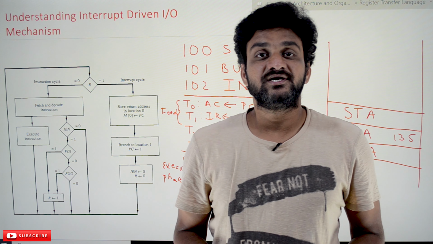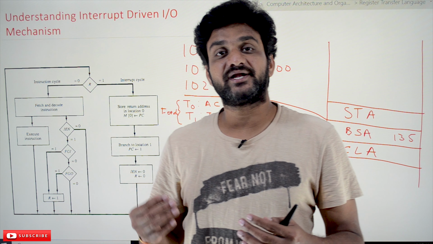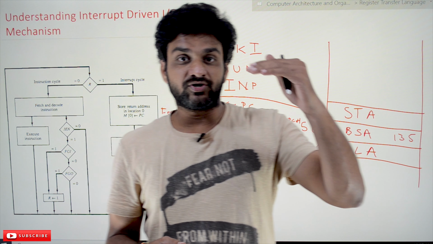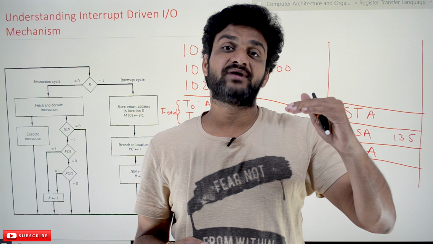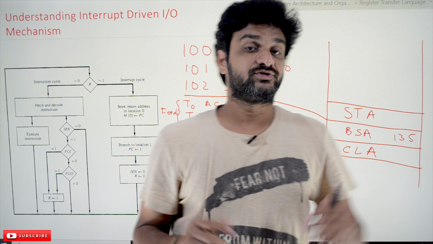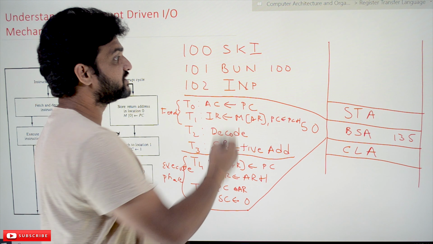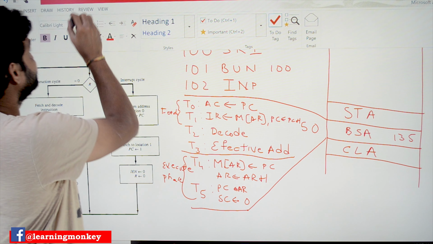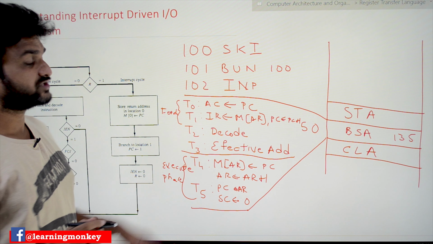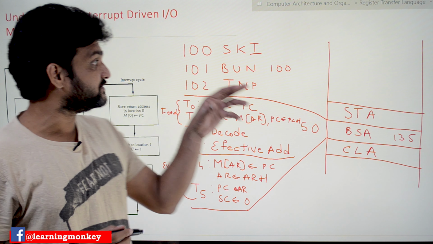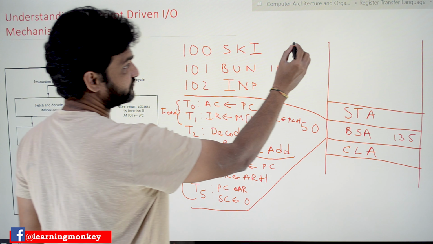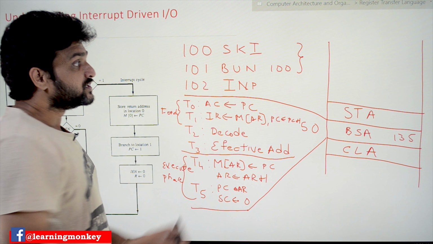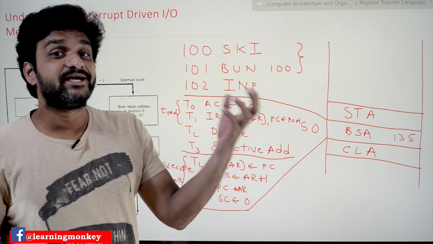Now coming to this class, how will this interrupt-driven I/O mechanism work? In our previous class, where we discussed programmed I/O, these two lines of code are the program used in programmed I/O. Here these two lines of code will get executed continuously until the input is given by the end user. So CPU time will get wasted by continuously executing these two lines of code. The discussion has already been made. In order to avoid that, we are going to introduce the concept called interrupt-driven I/O.